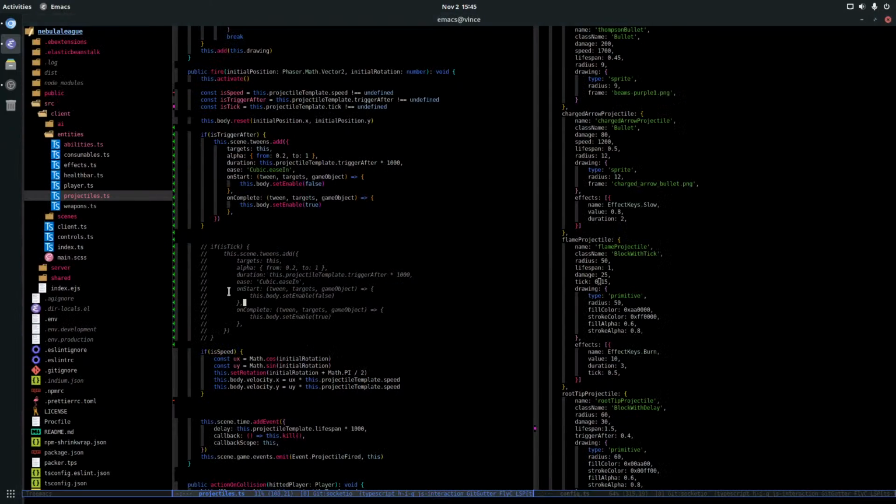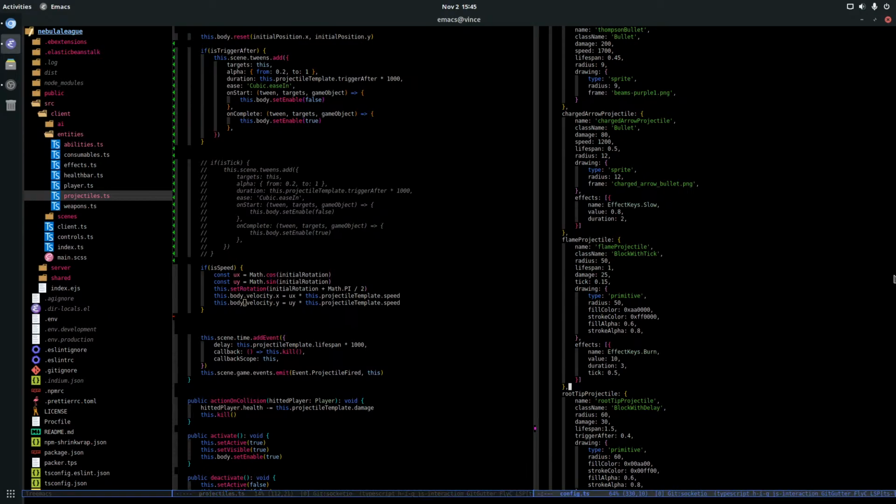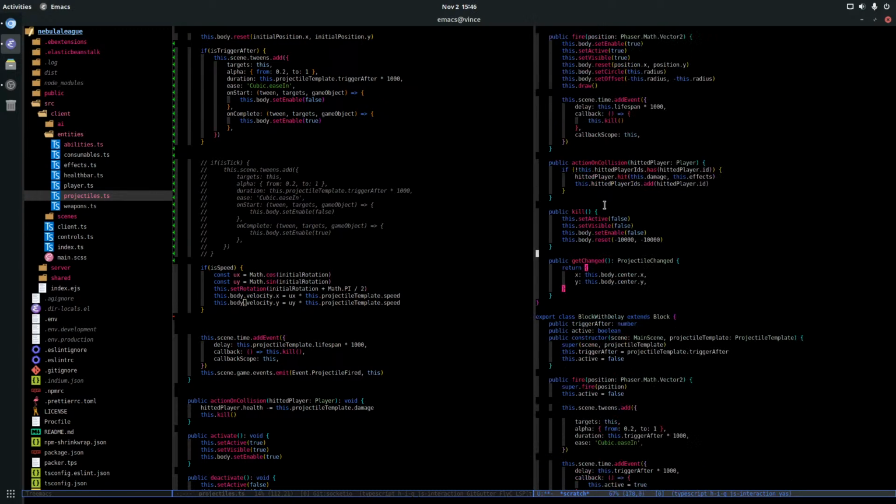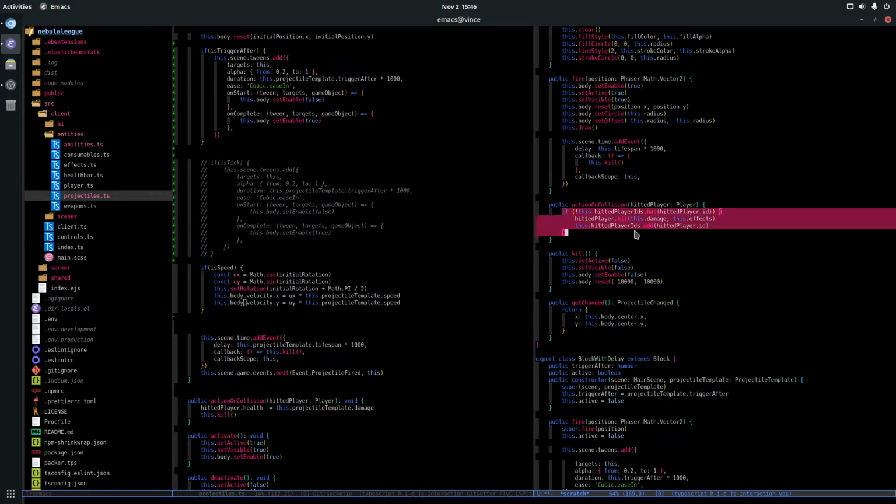Okay. So yeah, action of collision, but my action of collision, yeah, it should always be that actually.